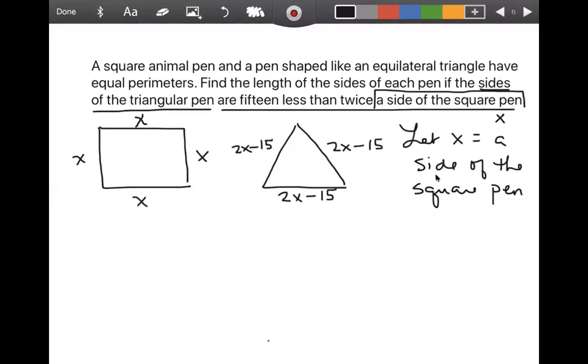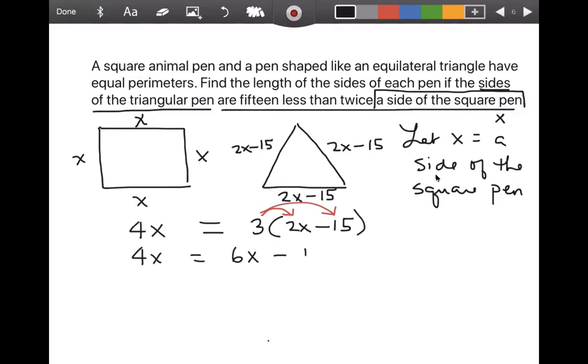Okay, so now I'm ready to write an equation. The perimeter of the square, which is 4x, has to equal the perimeter of the triangle, which is 3 times 2x minus 15. That's our equation. All right, so when we solve that equation, we're going to start by distributing the 3, which is going to give us 4x equals 6x minus 45. Okay, so then if we subtract 6x from both sides,